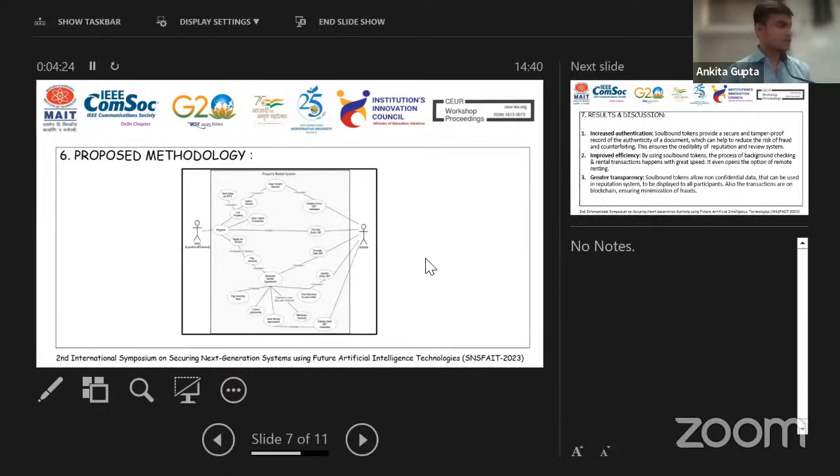Now, this is the proposed methodology in a use case diagram that I'm going to demonstrate. A user can register to the network and then they would be provided with an